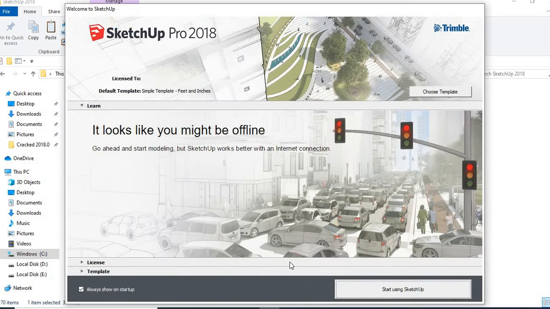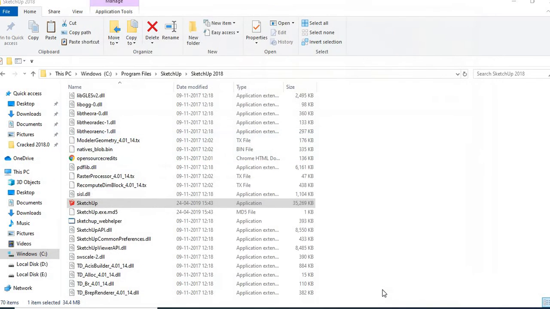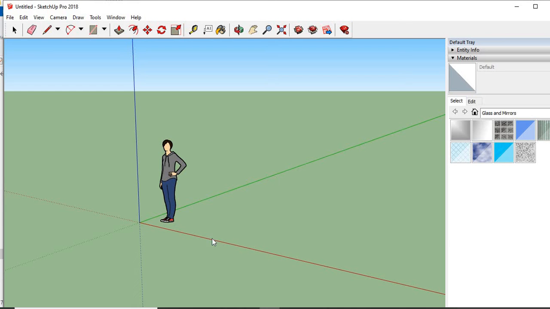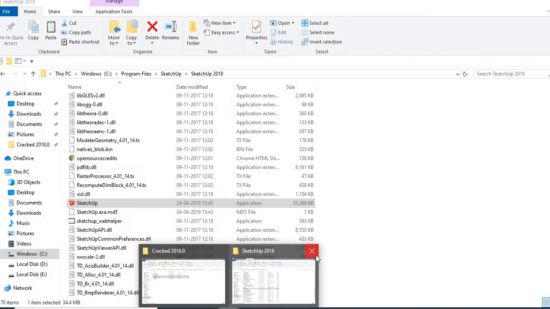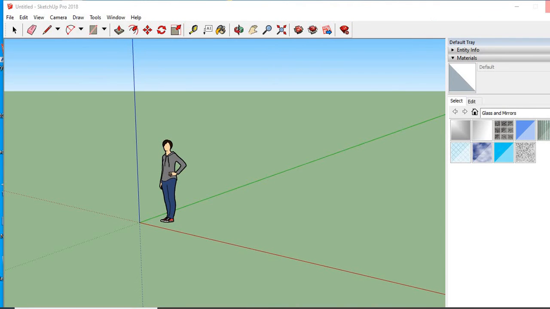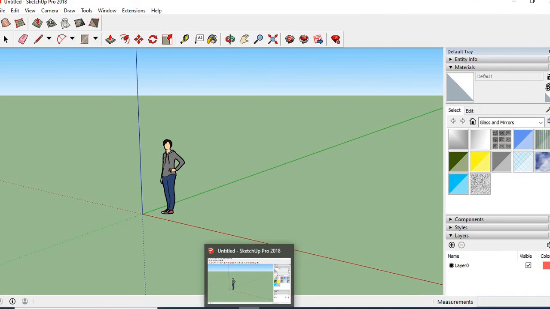And select the Sketchup application. Choose template, select any template and start using Sketchup. This is for the Sketchup installation. This is the